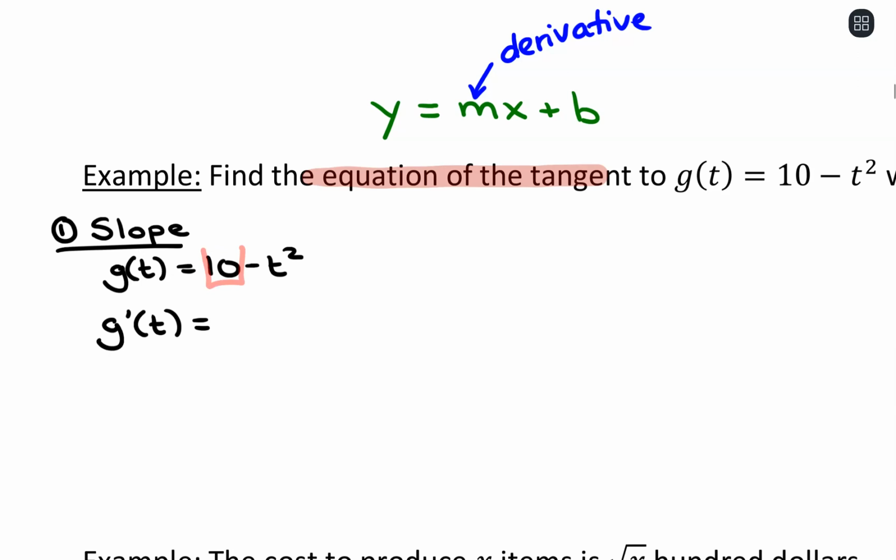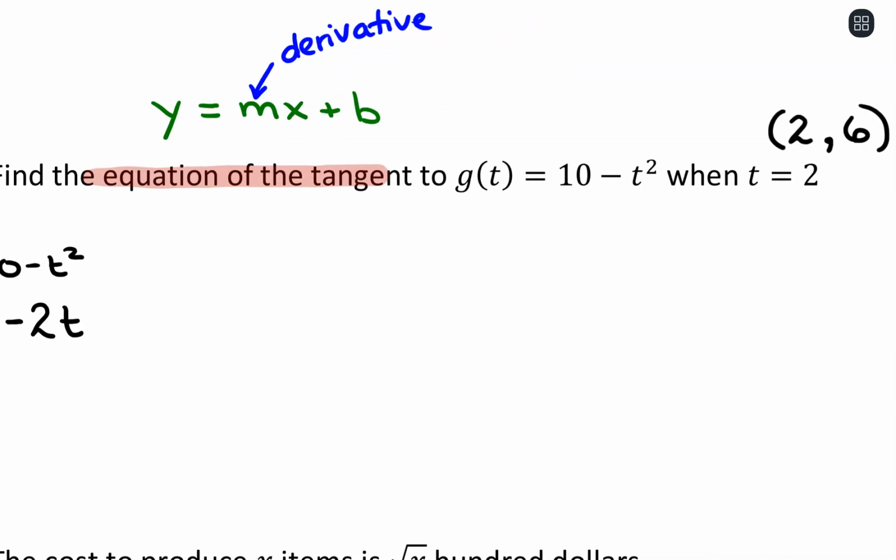Derivative of 10 is just 0. Derivative of a constant, 0. Derivative of this negative t squared, we'll use the power rule, so we'll have this negative hanging out front. Exponent of 2 comes down, t, and then exponent of 2 minus 1, which would just be an exponent of 1. So our derivative function is negative 2t,